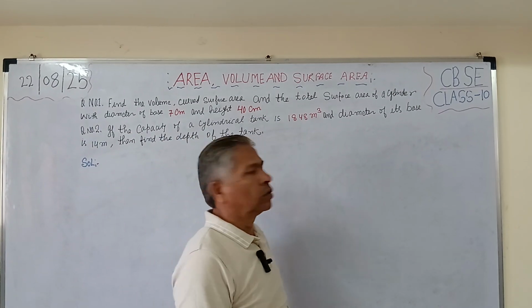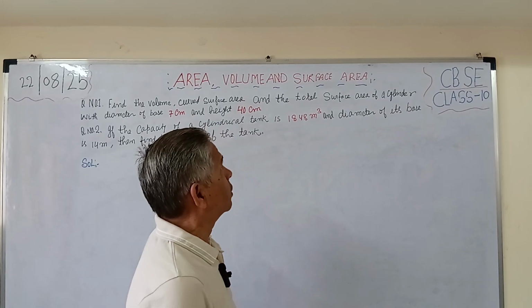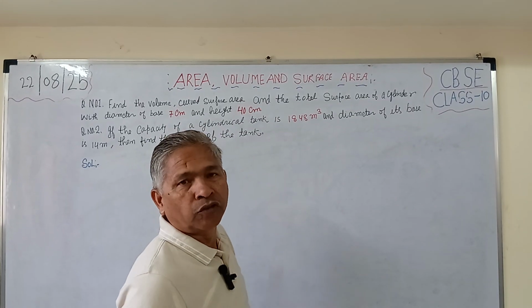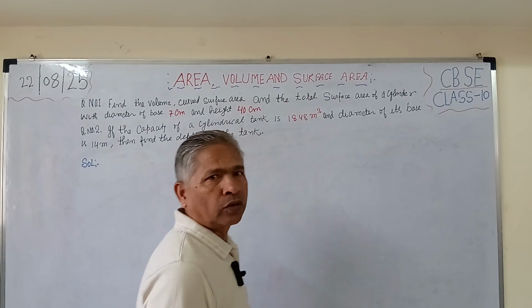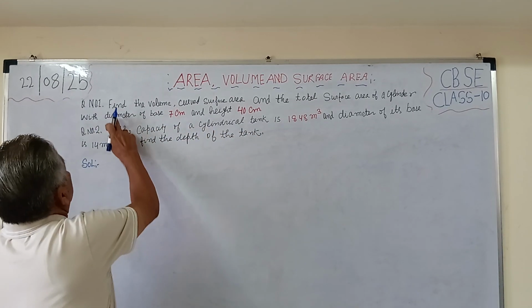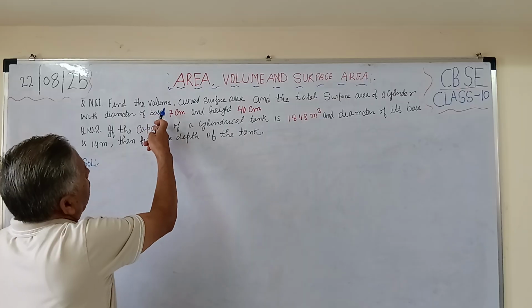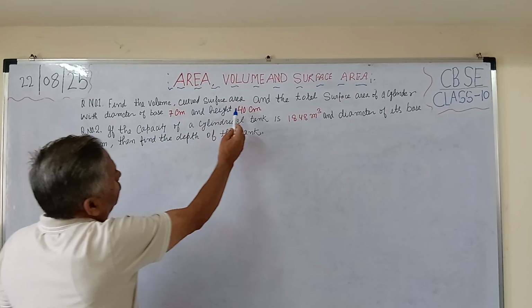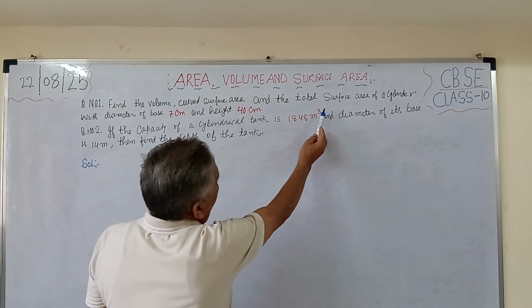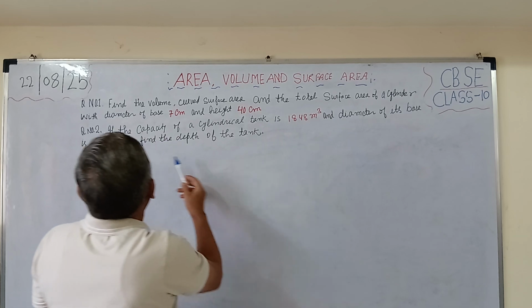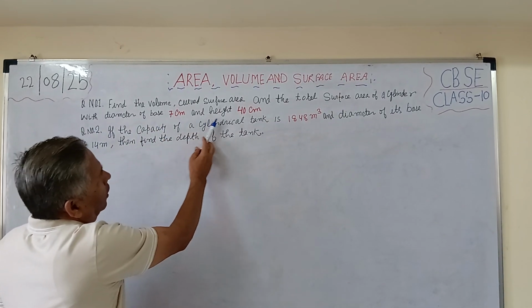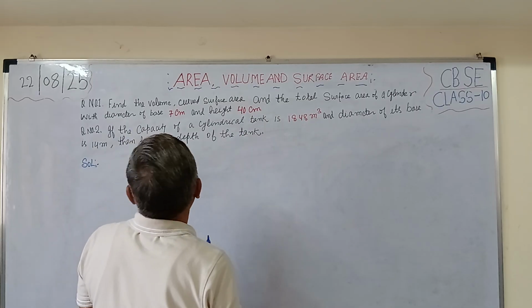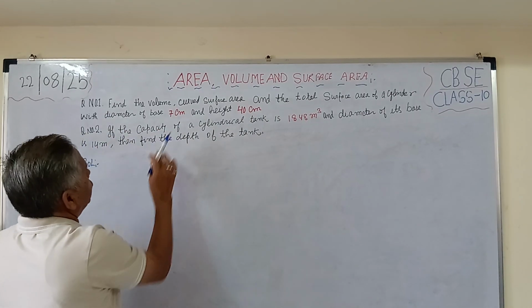Today I am going to solve two questions on cylinder, that is volume, surface area and curved surface area. So the first question is, find the volume, curved surface area and the total surface area of a cylinder with diameter of base 7 cm and height 40 cm. So in the first question we have been given